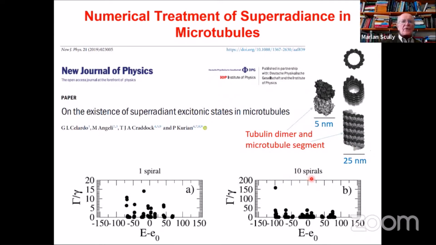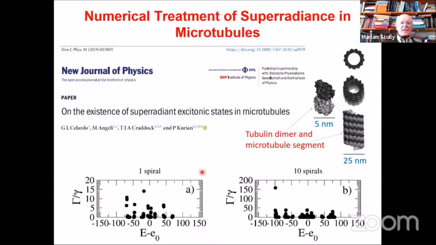So this is 2019, when I'd like to say we found this, but actually it was our contract monitor in Washington who found it and called me up and said, hey, what about this paper? So we went and looked at it and said, yeah, that's neat. We'll go